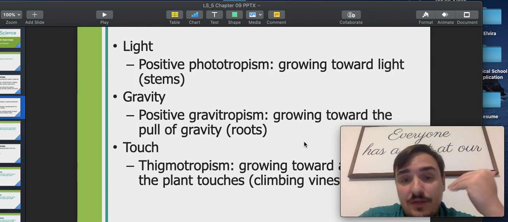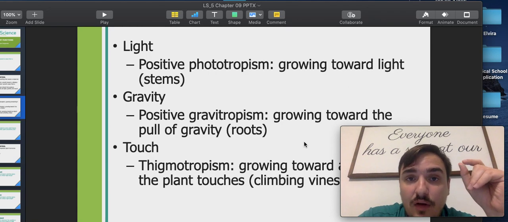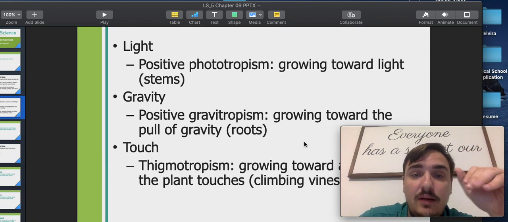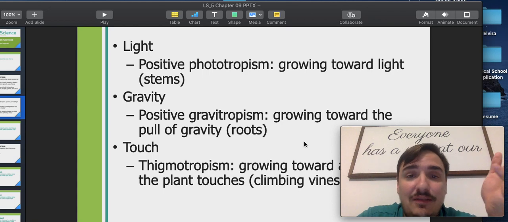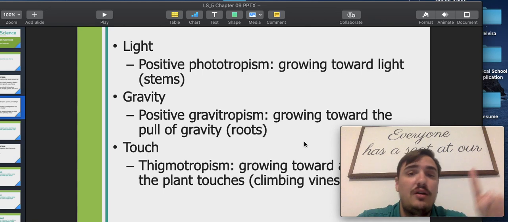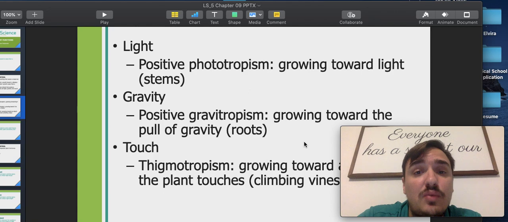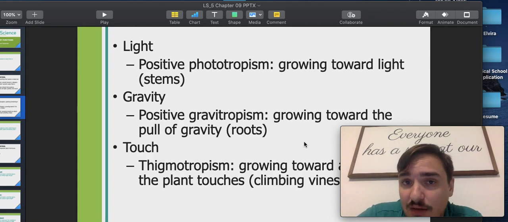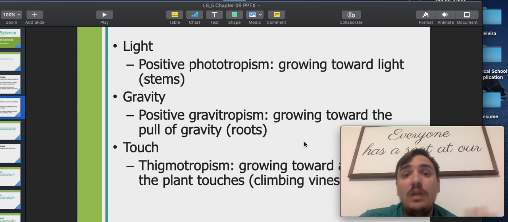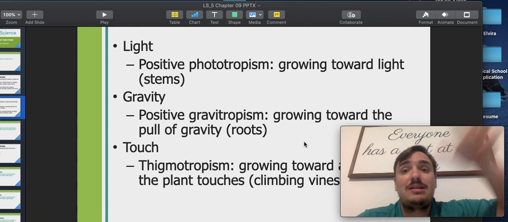And different parts of the plant will respond differently to each stimulus. So, for example, in response to light, the stem and leaf of branches of the plant, those are going to exhibit positive phototropism. So they're going to grow towards light. And this is really important. Now, in your mind, you should already know why it's really important for plants to grow towards light. This is because light is basically their food source. They're going to use that light energy to make glucose. So it's really important that the plant can grow towards light so it can get as much light as possible